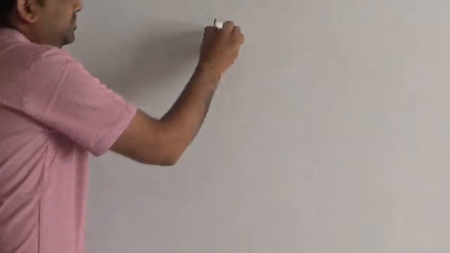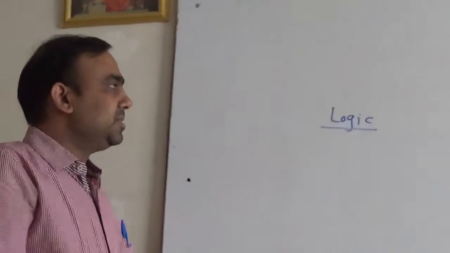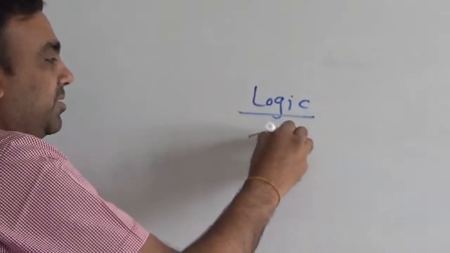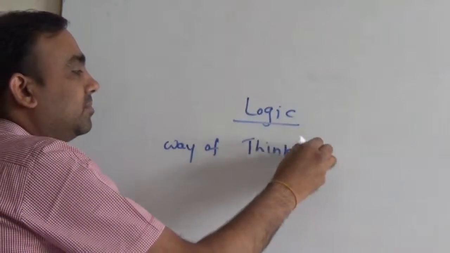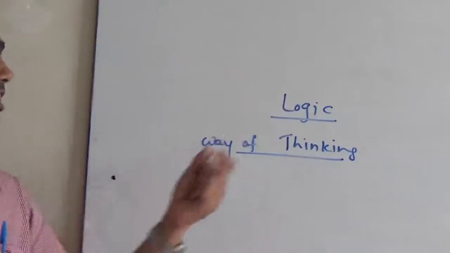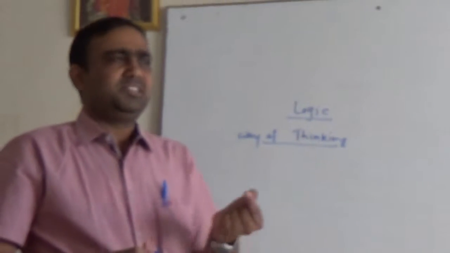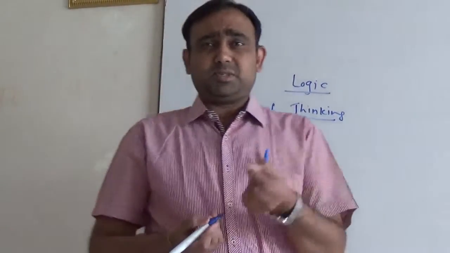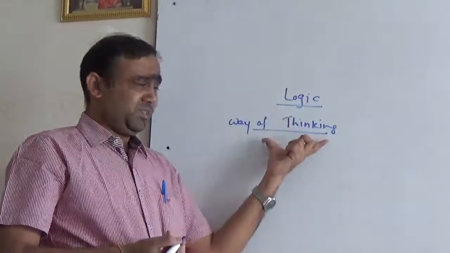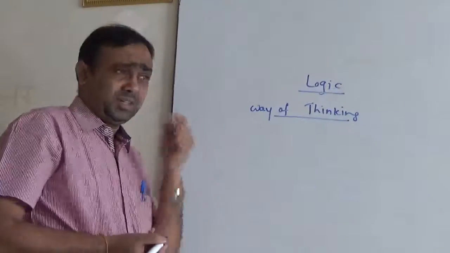First of all, what is logic? As far as my own definition is, logic means how we think. It is a way of thinking. हिंदी सोचने का तरीका. हम सोचते हैं, हम डिसीजन लेते हैं. डिसीजन लेते वक्त हमारे सामने कुछ सर्कमस्टेंसेस होते हैं और उन सर्कमस्टेंसेस को देखते हुए हम कुछ लॉजिक लगाते हैं और डिसीजन लेते हैं. This is what logic is, we can say how we think on the situations.